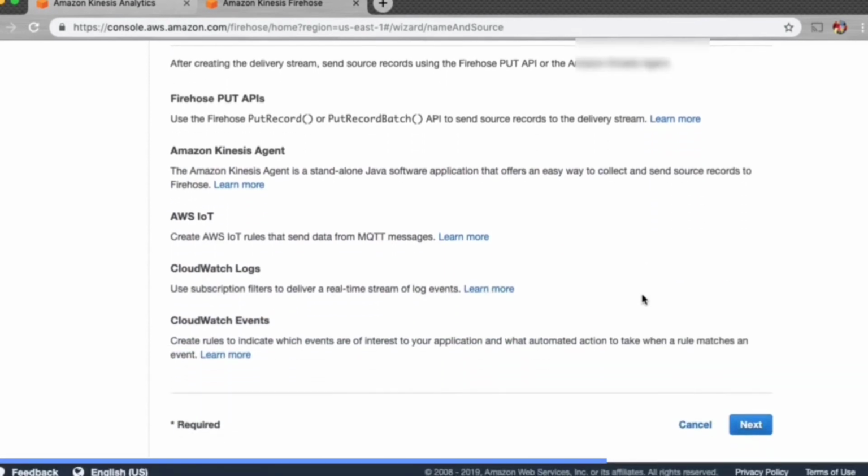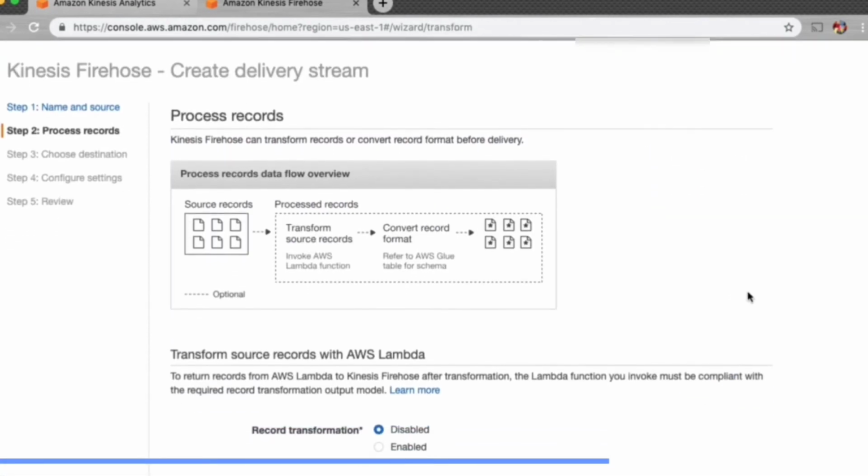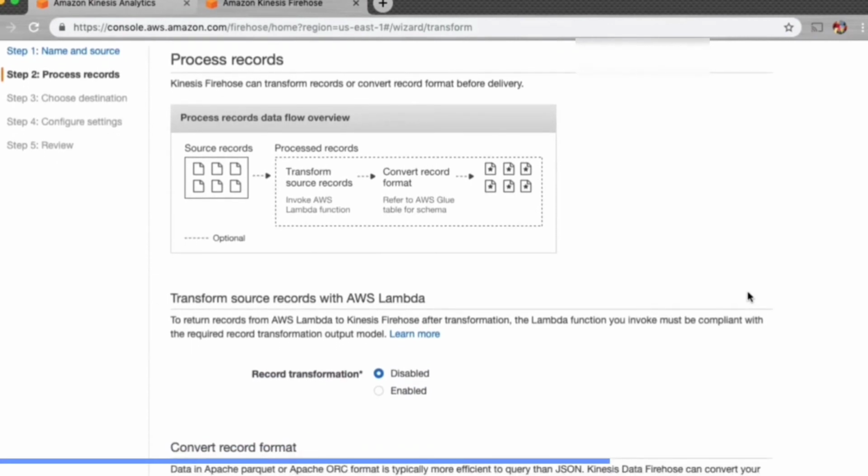At this point, Kinesis Firehose can transform the records or convert them to a different format before we deliver them to S3. Now we have already transformed or grabbed a subset of our streaming data using Kinesis Analytics, but there is one extra piece that we have to do to ensure that data is in the right format.